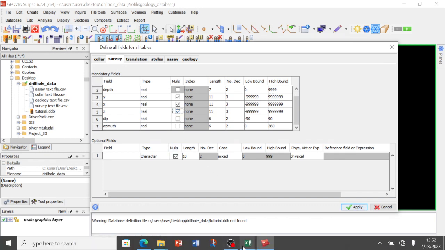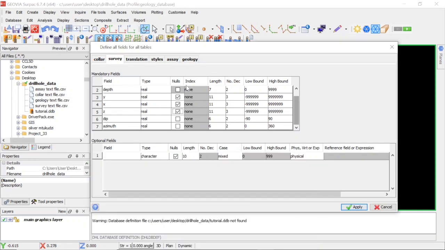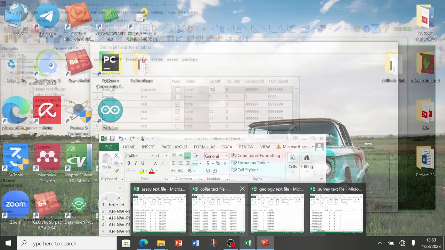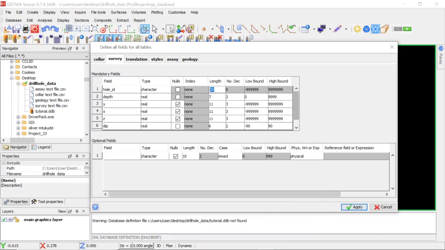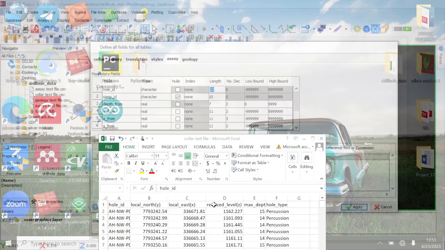And do we have any optional field? I doubt. Any additional field? No. OID is there, depth is over here, the dip over here, the azimuth over here, and we are done. Let's put 30 here. Please make sure you put 30 here, and yeah, I think that will be it for the survey file. OID, depth, we're worried with the length here, so put 30 here, and we move on to the assay. Here's my assay table, and we have to confirm that everything we have there is here in our